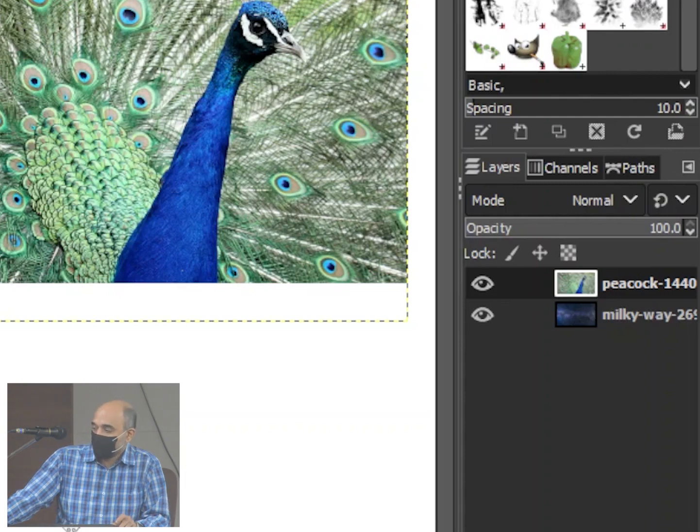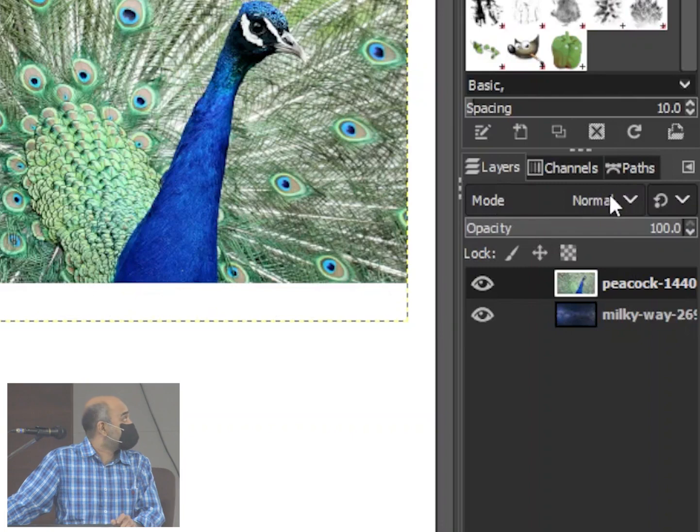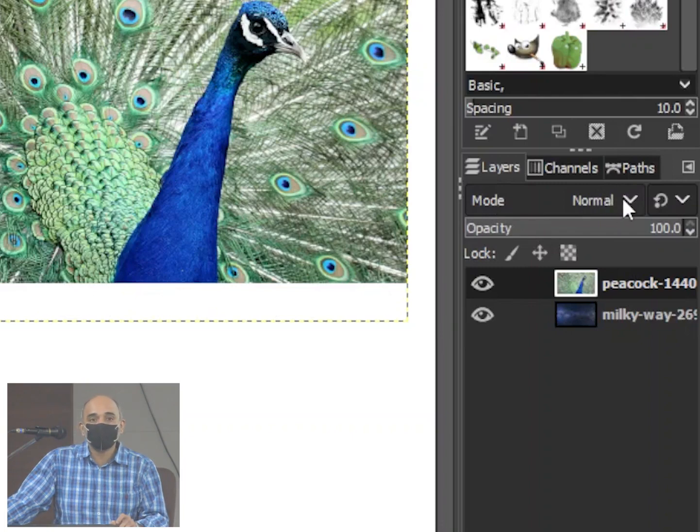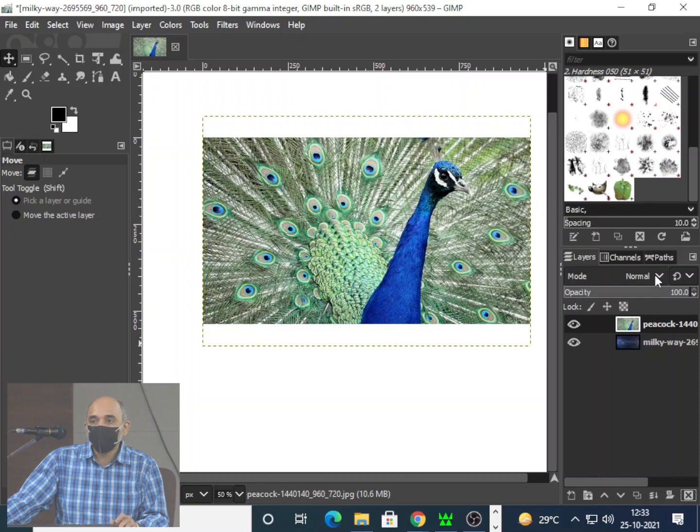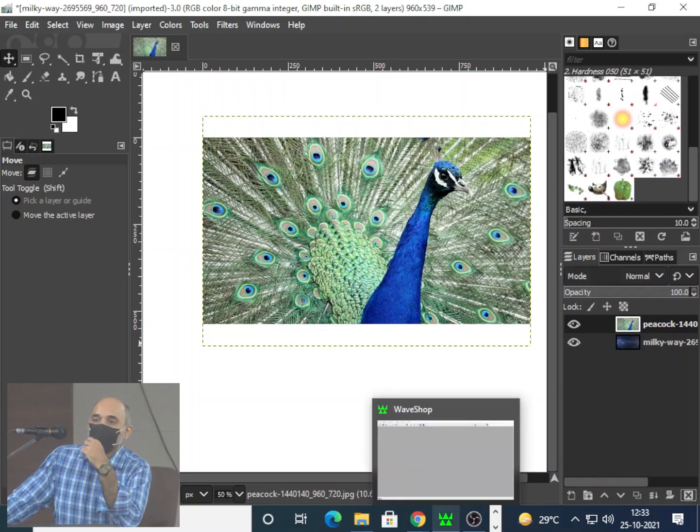Now what you have to do is work with the blending options. Now you can see there is a mode here, and next to the mode you will find a drop down with normal there. Now these are blending modes for layers. Okay, what is blending? How many of you have seen children painting with crayons? Those who have kids at home, you all must have seen, the first thing what do they do when they want to mix two colors?